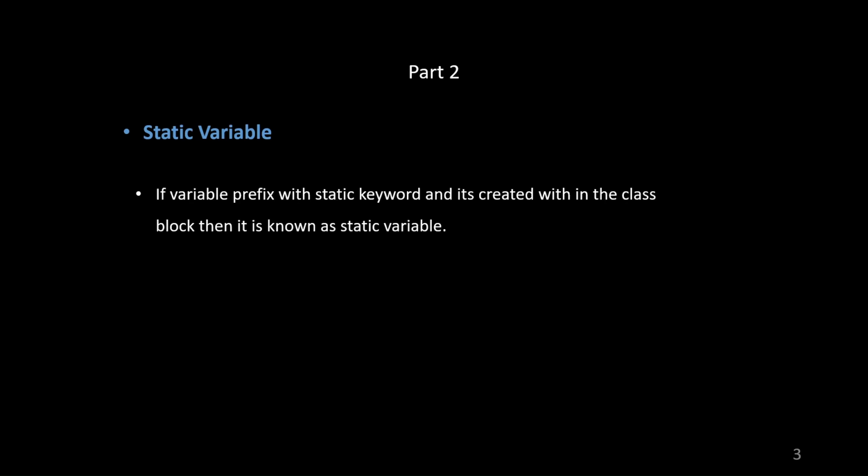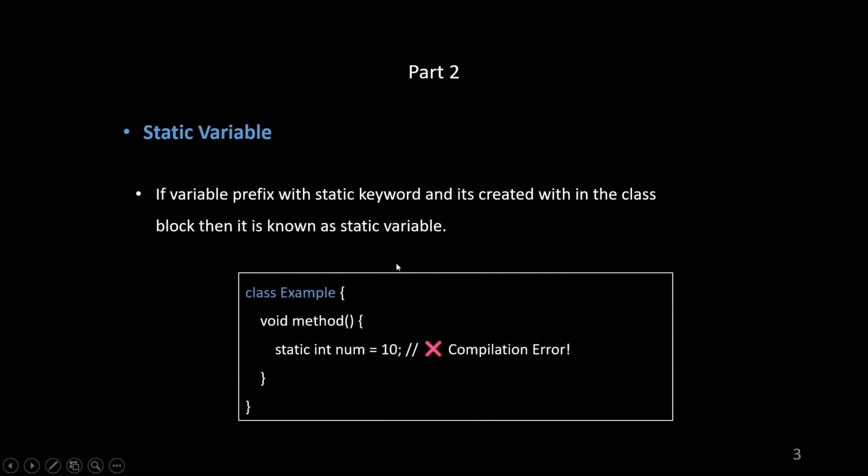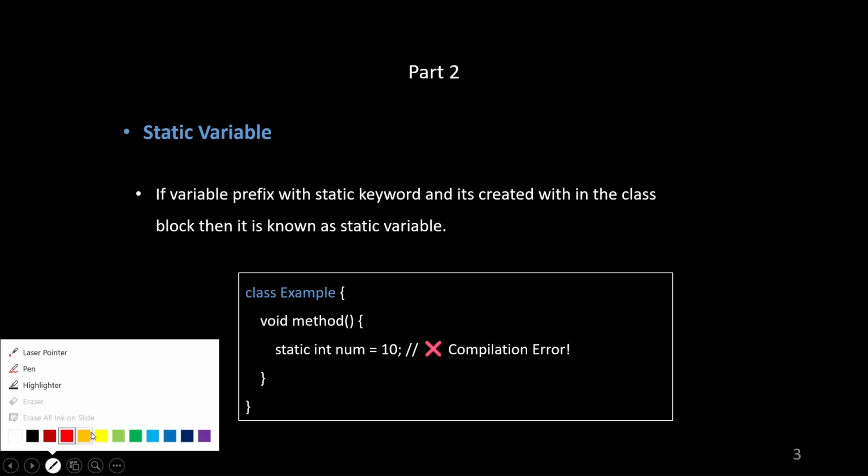Static variables: if a variable is prefixed with the static keyword and it's created within the class block, then it is known as a static variable. Means if your variable is annotated with static, it is considered a static variable or class variable. As you can see in this example, if you are writing your variable inside a method, even if it is annotated with static,